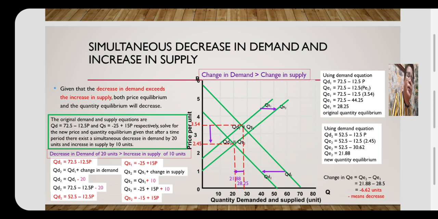Now that we have substituted the value of the new price equilibrium to the P of this equation, we can simplify this to 52.5 minus 30.62, and therefore the new quantity equilibrium now is positive 21.88, and positive means